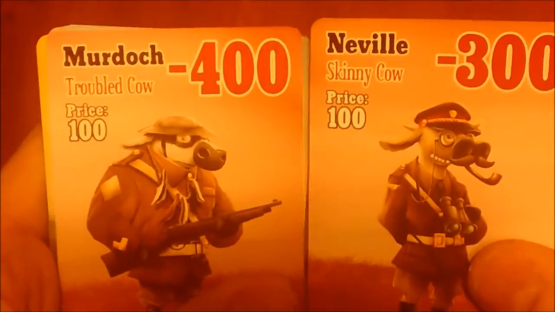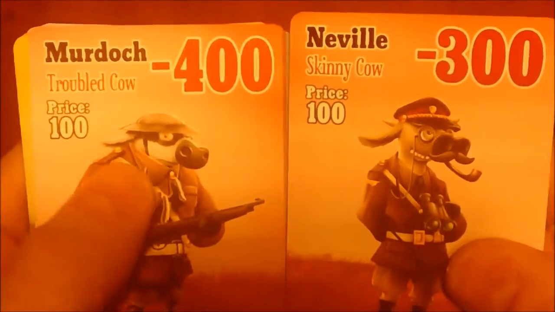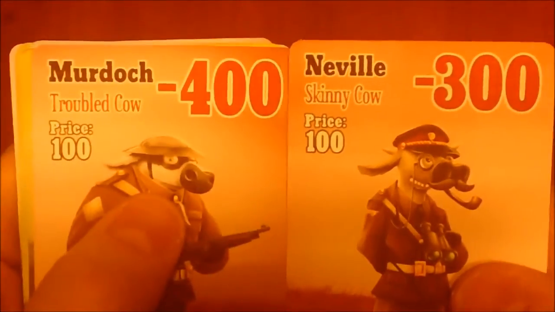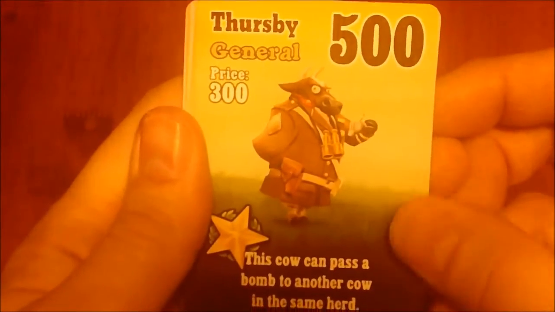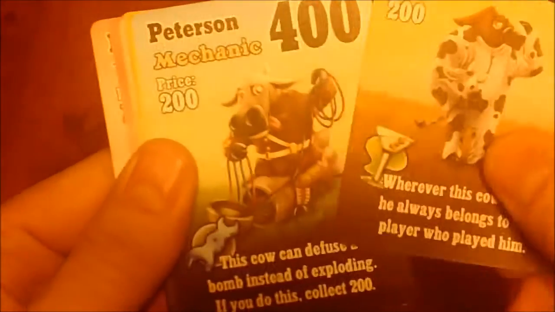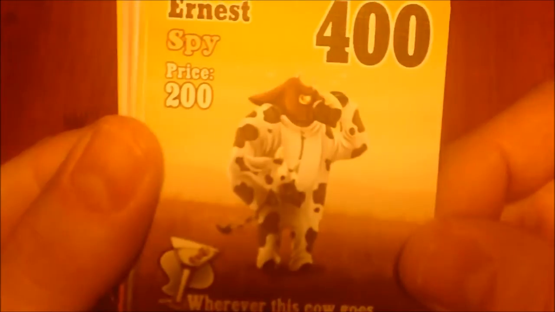Then there's a bunch of different negative cows. And these ones you play on opponents. They have to pay the cost because you're adding it to their herd. And if the cow dies, they actually pay into the pot the negative amount instead of collecting it. The general, there's a bunch of different ones of him. He basically lets you pass it off to somebody else if he gets rolled. Oh, I guess I had two spies in here. Love that one. He's a brown cow and a spotted cow